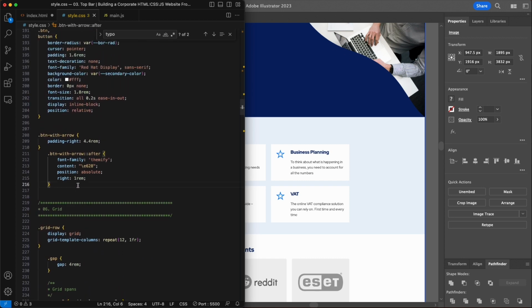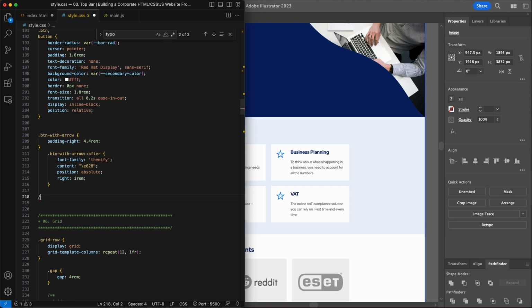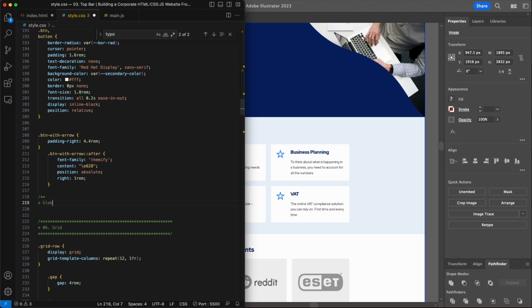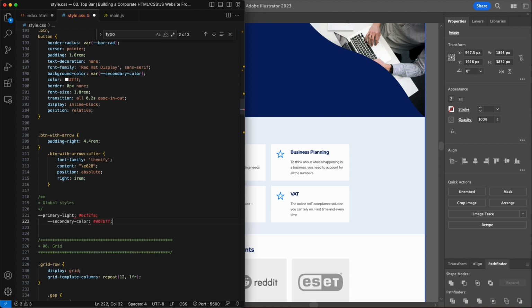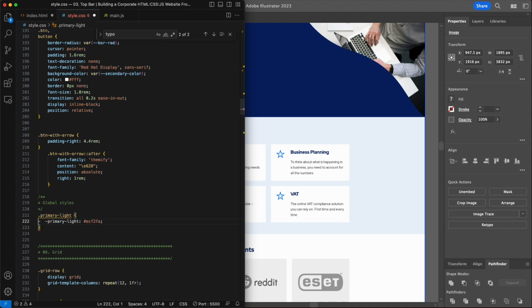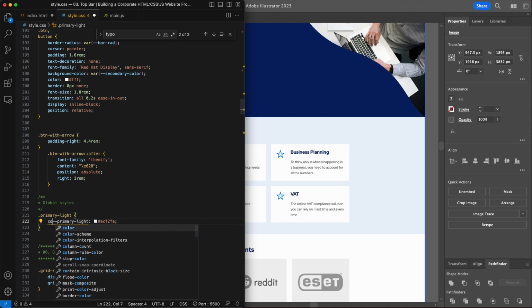I think utility class is a good area here. So I'll just create a little section called global styles. Paste this in, just primary lights. And then I'll create a class called primary lights. Okay, oh, fix that. Okay, and then I'll say color